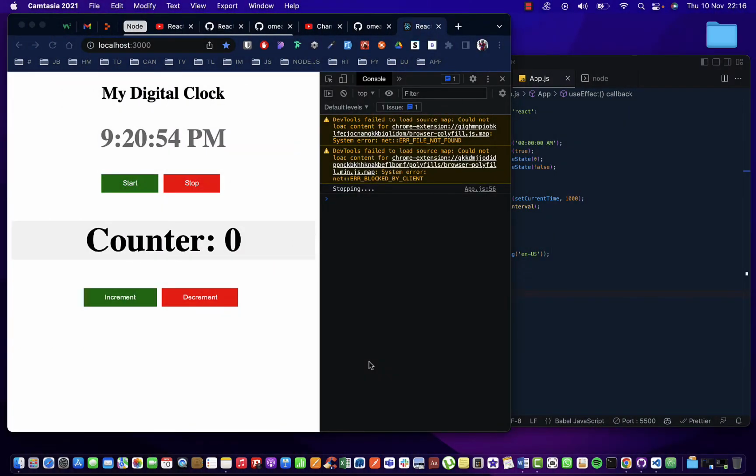Hello, I'm from the future and I'm here to show you the app that I'll be creating. The first one is a digital clock, and it's very simple. You just click on this to start it, and now it started, and you click on this to stop, and it stops it. And the second one is the React counter app, and if you click on that, it increases, and click on this, it decreases. So basically, I'm just going to show you the simple functionality of how to create the clock and the counter